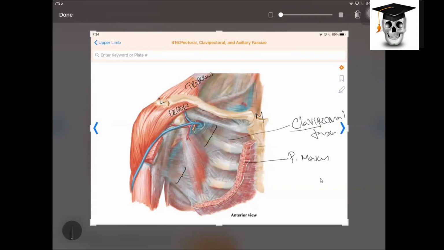So this is the clavicular part because you see this is attached here. Can you see a subclavius muscle here? Little shadowy. This is the subclavius muscle. And around this, the fascia that you are seeing is your clavipectoral fascia. So it attaches to the clavicle, comes down and attaches to the pectoralis minor. That is why it is called clavipectoral: pectoralis from the pectoralis minor, clavis from the clavicle.